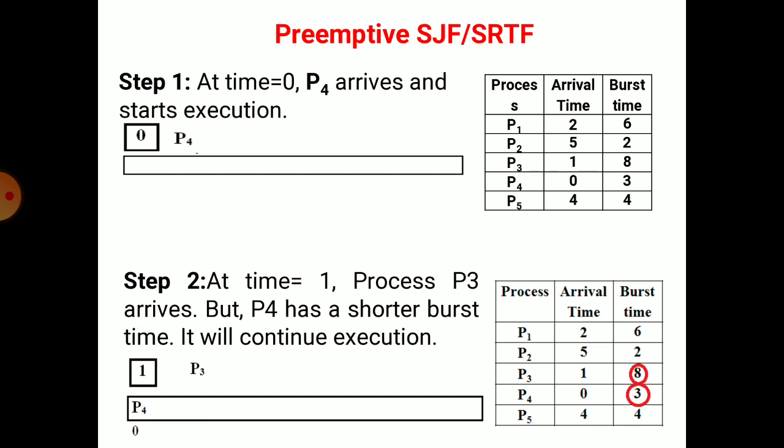At time 0, that means CPU time 0, only one process has arrived in the queue, that is P4. The scheduler selects that process for scheduling. At timestamp 1, the process P3 arrives. According to the definition, you need to select the process requesting the shortest time. Among P3 and P4, P4 has the shorter burst time, so it will continue the execution, and P3 moves to the waiting queue.